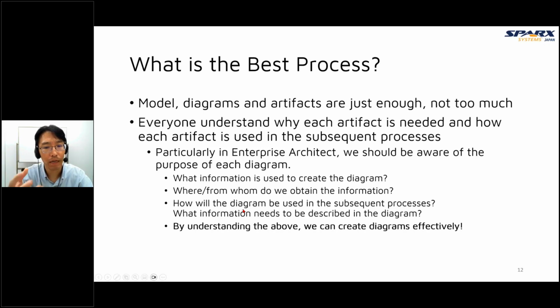If we understand how it is used, we can add necessary information and cut unnecessary information in each diagram. By understanding them, we can create diagrams effectively.